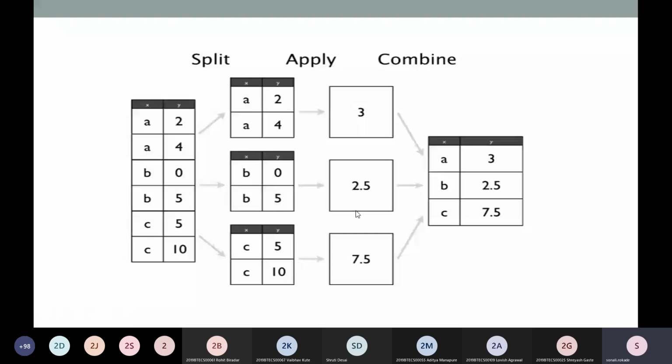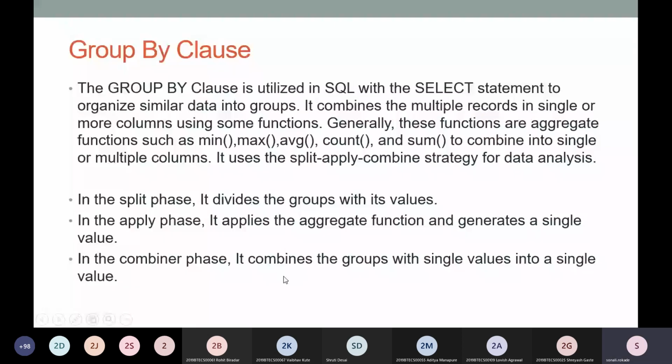Now the third phase is the combiner phase. We are going to create a group of single values and display it as a single value.